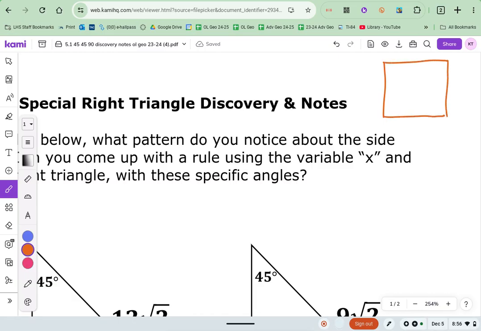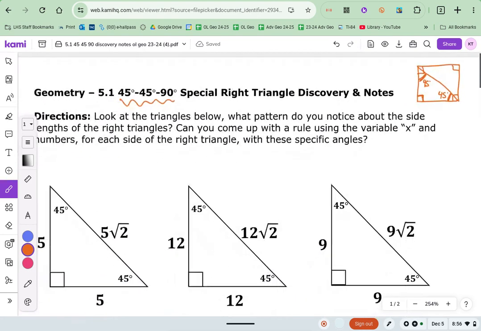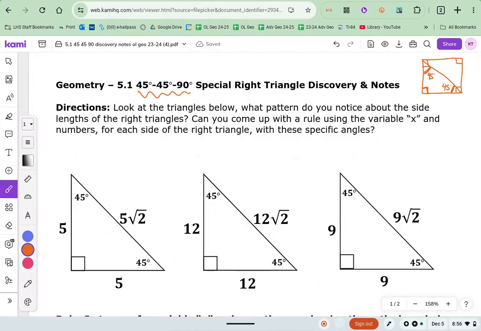and we know squares have right angles. And we cut that square in half diagonally. And when that happens, we end up with a triangle that has a right angle. This angle here is half of a right angle, or 45 degrees. And this angle right here is half of a right angle, or 45 degrees. So these are called 45, 45, 90 triangles because they all have one 45-degree angle, one 45-degree angle, and a